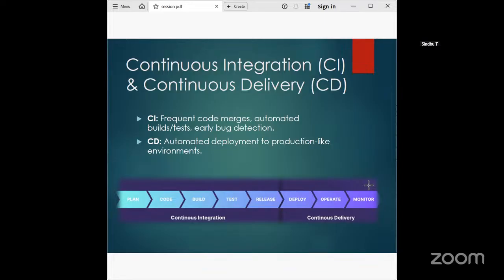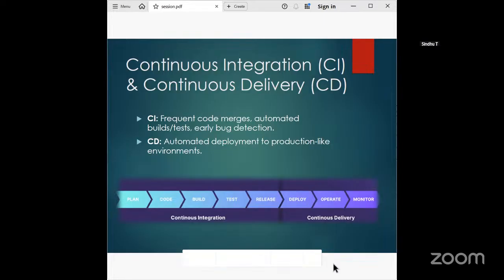The final stage is operate and monitor, which involves monitoring the application in production, with the feedback looping back to the initial code or plan stage for continuous improvement. As Gene Kim said, there are three ways. The first one is flow. The flow goes from development to operations. Whenever you get feedback, it goes to the development stage. They plan again. It's an iterative and incremental process. They improve the product.